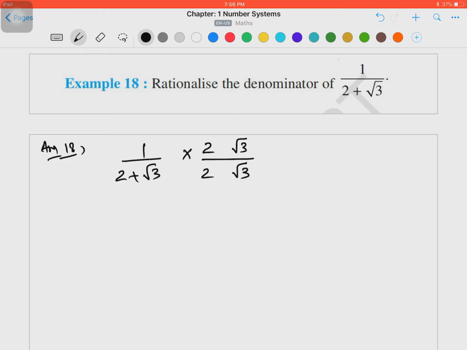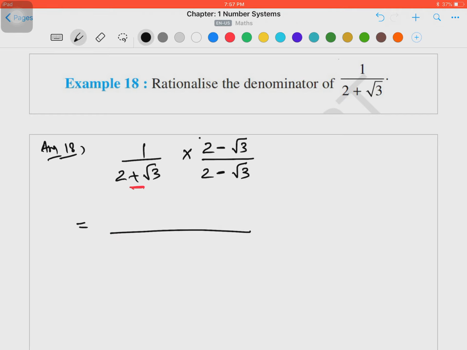So one thing that we're going to do is, here in this given question we have plus, but we will reverse the sign. Every time you rationalize, you will always have to reverse the sign. If it is plus here, you will change it to minus, if it is minus, you will change it to plus. Okay, अगर प्लस है तो उसको माइनस में चेंज करेंगे, और माइनस है तो उसको प्लस में. We will always reverse the sign, plus to minus and minus to plus, in rationalization. Okay, whenever we are doing rationalization.